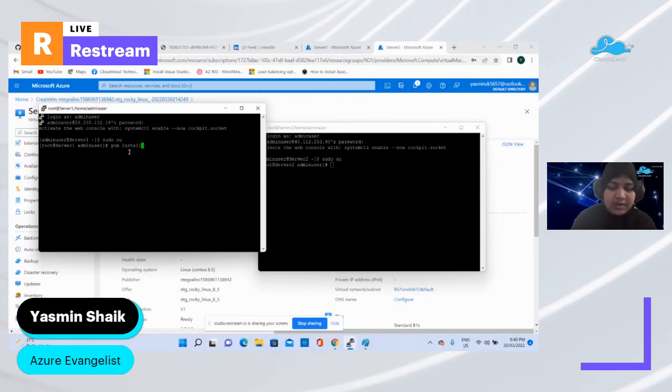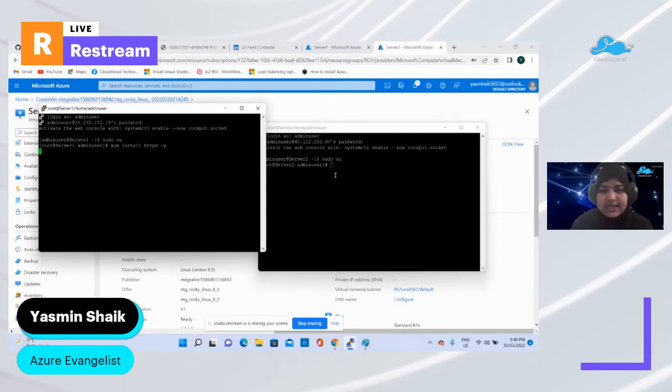Install httpd -y. If you want to install Nginx, give the same command, yum install nginx, like installing the Nginx web server. As I want to install the Apache server, I'm just going with httpd.